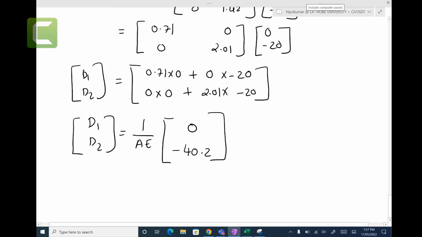For your questions, if I had put in the AE at the very start, I would have very huge numbers. I just keep AE as a constant. If you have a different A value for each member, you need to consider those in the K1 and K2. But if A is the same for each truss member, then you can do this procedure. But if someone gives you that A is different for member 1, member 2, and member 3, then you have a hard time. Hard time meaning you need to do K1, K2, K3 considering A, and then you have those huge numbers that you need to sum up to get the K. That's possible, but if A is constant, you can keep it